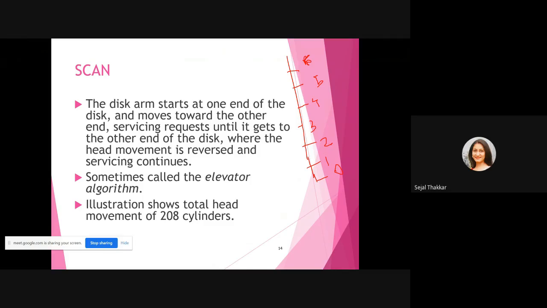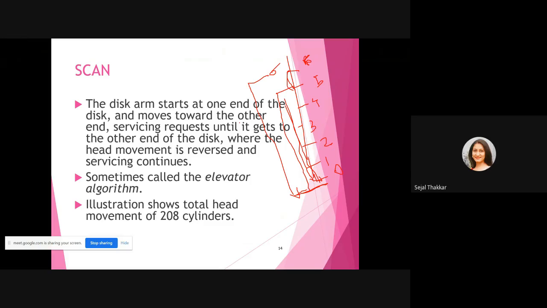Now my lift is at the 5th floor. Somebody has pressed ground floor. Then via the 4th, 3rd, 2nd and 1st it will reach the ground floor. And somebody has pressed the 6th floor. Even though my lift was at the 5th floor, it has to go downward up to the ground floor, and from the ground floor it will reach the 6th floor, right? Even though it was near the 5th, it first came to the ground floor because somebody pressed ground floor and somebody pressed the 6th floor, right?